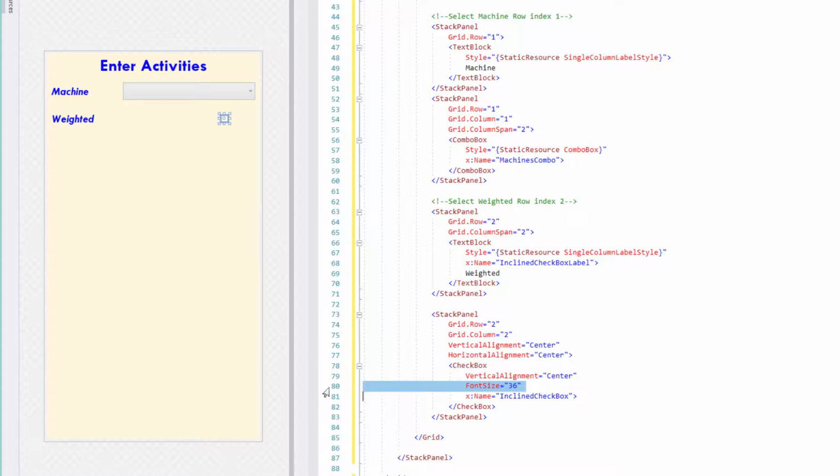I have to be honest that the implementation of checkboxes is not good in WPF. It's not as sophisticated yet as it could be. It will be, I'm sure, in the future. But at the moment you have to fiddle about with it to get it to look the way you want it to look, and to line up is hard, but this is how I achieved it in this one. So we've now got a name for that, which is the inclined checkbox,